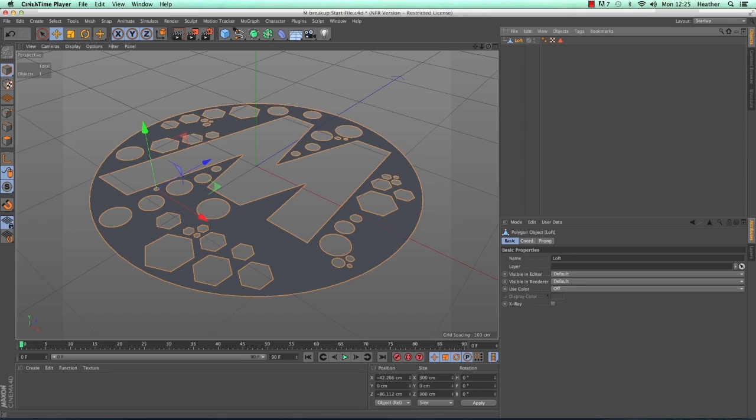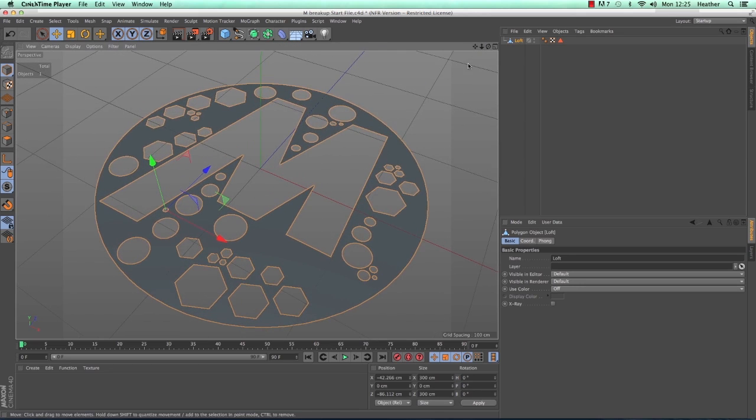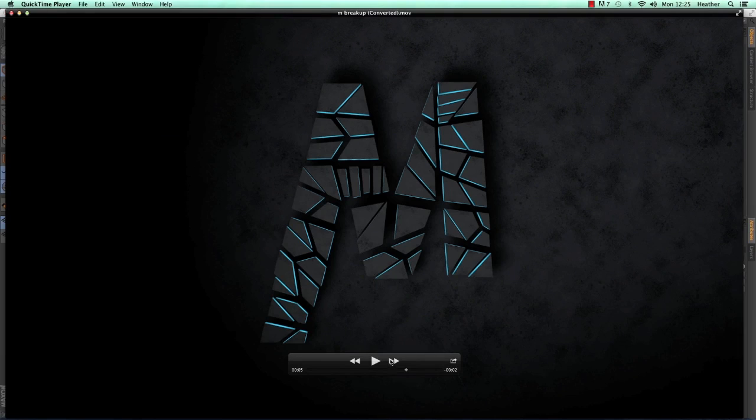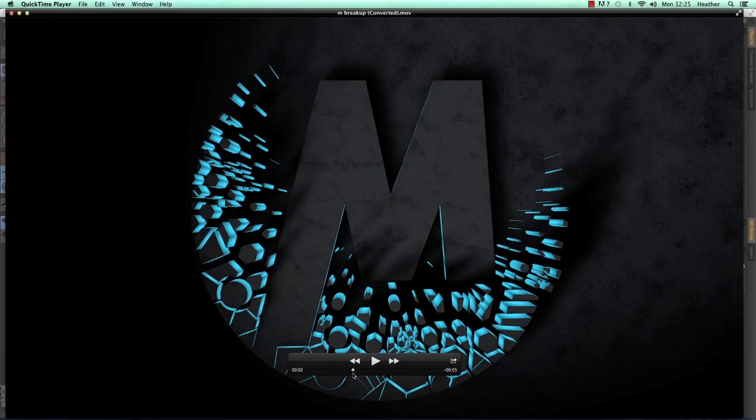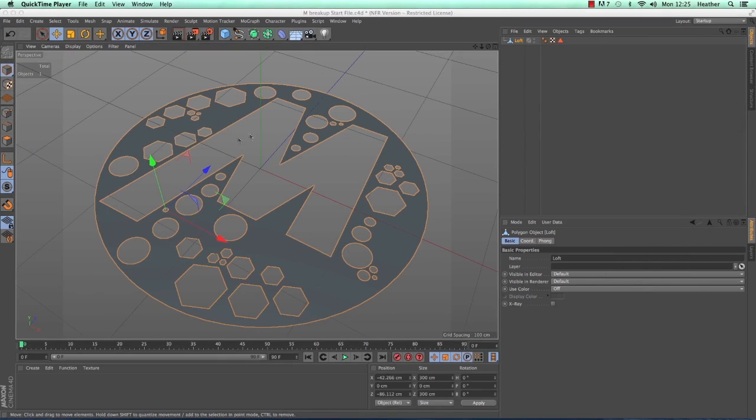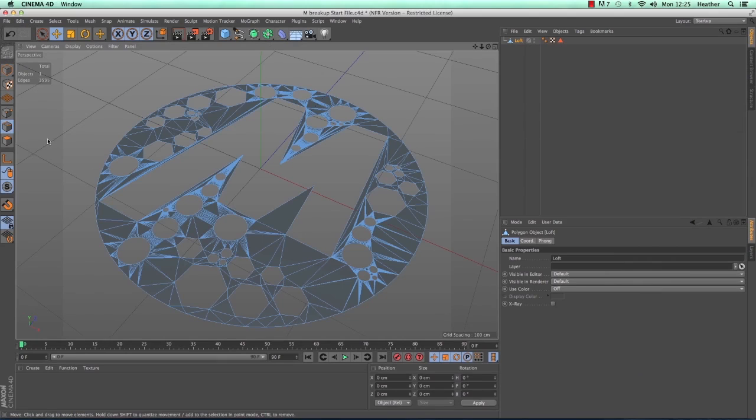So now what do we need to do? This effect relies quite a lot on where your subdivisions are. So all of these chunks are different subdivisions in the mesh. So we need to be careful about how they're laid out. If I go to Edges mode now, you can see that Cinema 4D has added its own subdivisions, which isn't exactly ideal for what we want. So we need to work a little bit on this mesh just to get the subdivisions just right for the effect that we want to achieve. So I'll show you how to do it on a small section because I don't want to bore you.